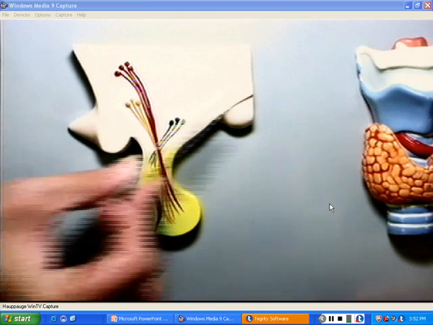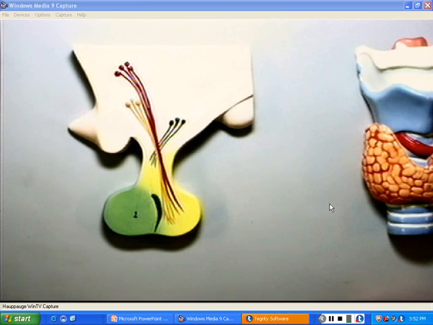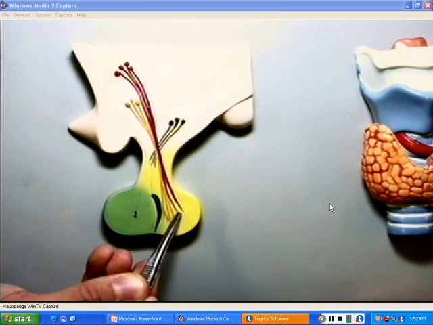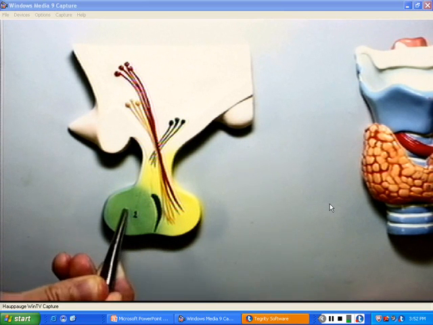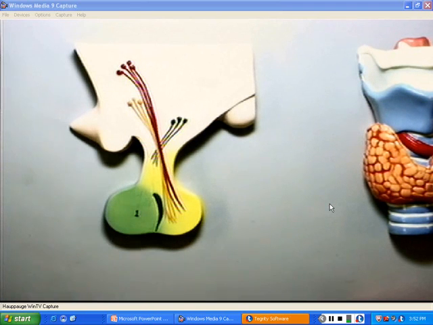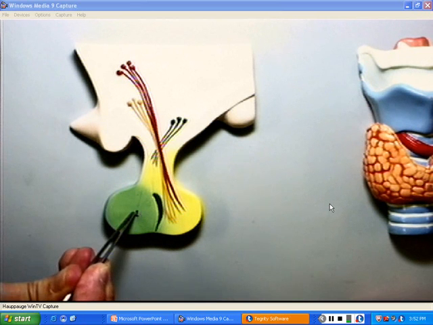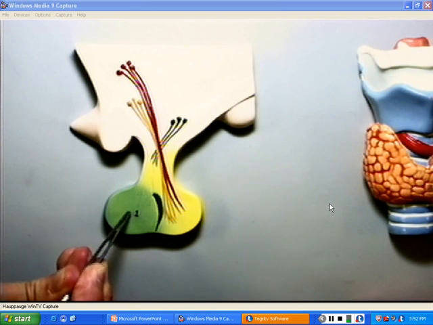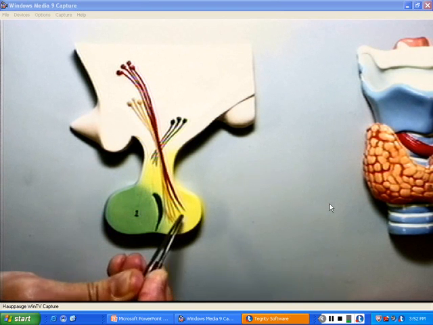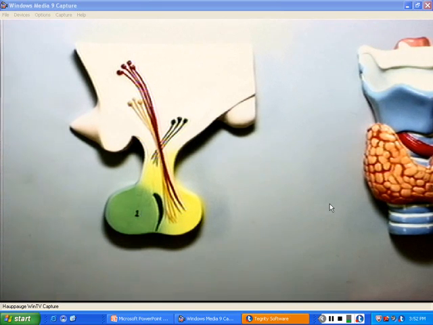Above it we can see the hypothalamus, which is very important as well in working in conjunction with the pituitary gland. But here we primarily focus on the pituitary gland, in which you can see an anterior portion and a posterior portion. The anterior portion of this, the anterior pituitary, is often referred to as adenohypophysis. The adenohypophysis. The posterior pituitary, as you will note here, is colored primarily yellow to signify that this is primarily